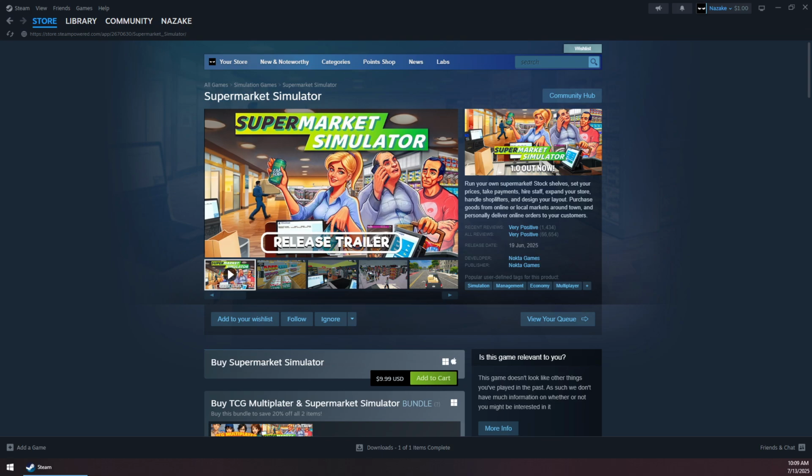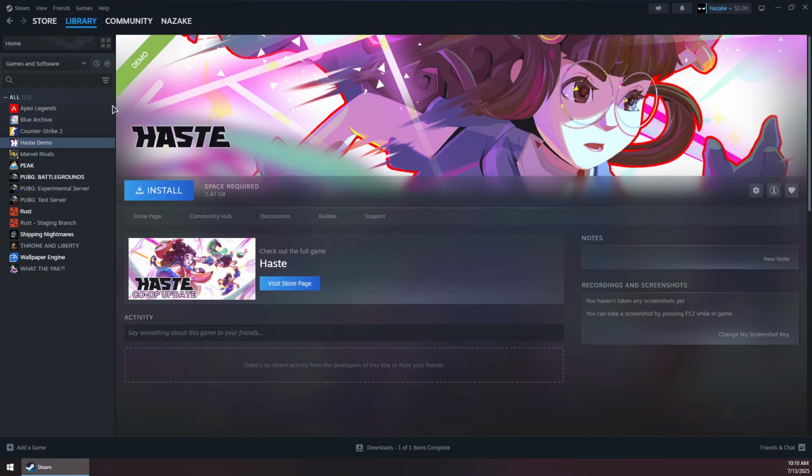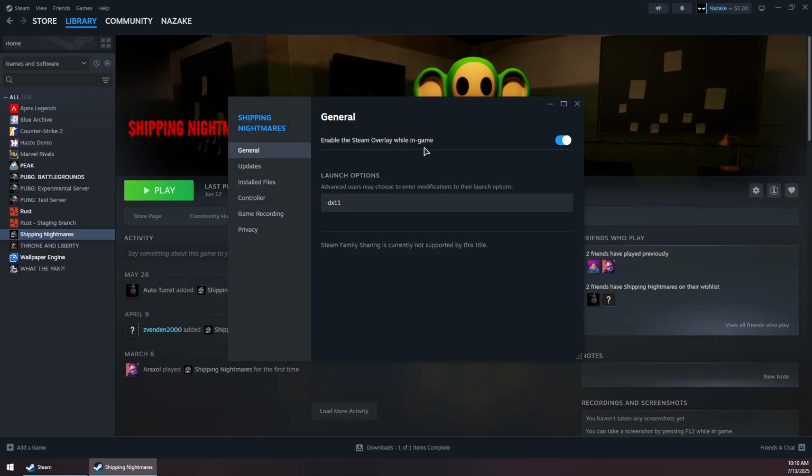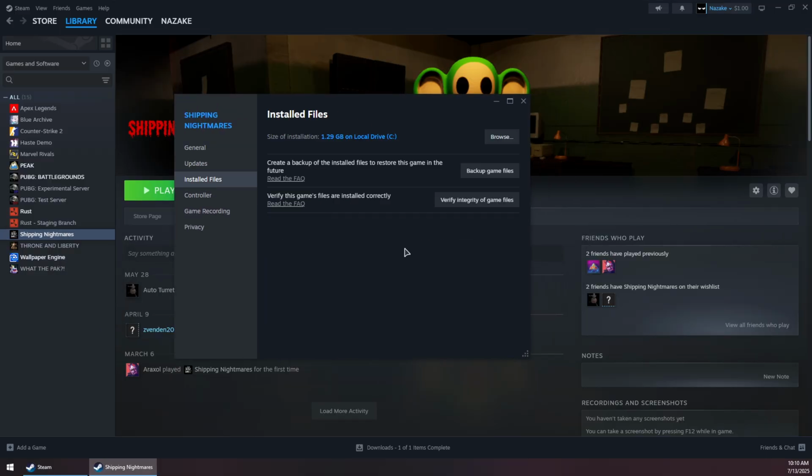How to fix Supermarket Simulator crashing on Steam. So first you want to go to your library and then right click on the Supermarket Simulator game, go to Properties, and then go to Installed Files and click Verify Integrity of Game Files and wait for it to finish